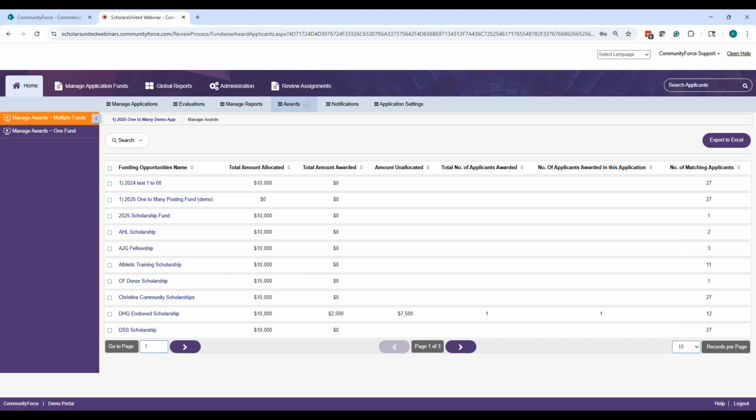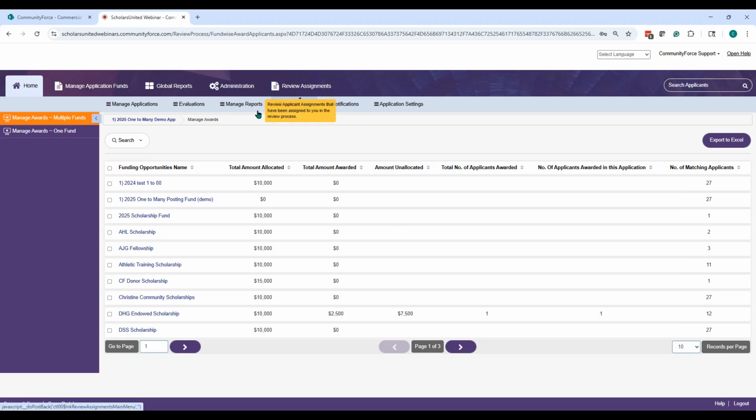Now, one thing that's important to note when you're doing the monetary allocation of the funding is that it's not just for this application form. It's for the entire academic period. So if you have 2 cycles in one academic period that are both being awarded for the 25-26 period, maybe I have 10,000 for this one, and then I have another 10,000 for the second cycle, but they're both coming out of that period. Then I want to make sure I make this 20,000 when I'm making that allocation.